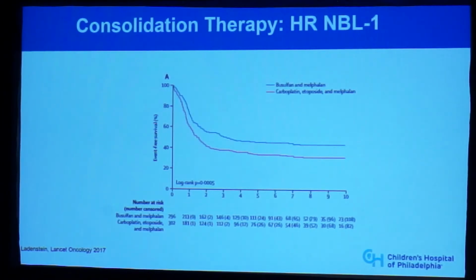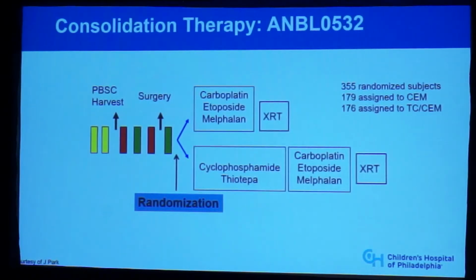What's interesting to us, and I think when you think about that issue of your pants have to match your shirt, is that the curve for the CEM shows a pretty low event-free survival, lower than you may have seen in the curve from Sue Kreisman's paper, and I think that just drives home that we have to think about our multimodality therapy in its entirety. But from these results, the conclusion was that busulfan melphalan was the regimen that this group was going to take forward. And at the same time, while that question was addressed, in North America, we were asking a question about how could we improve on CEM as well.